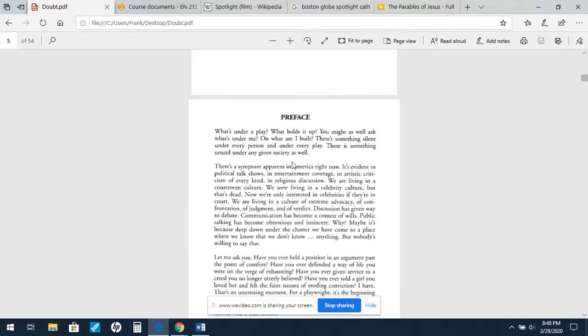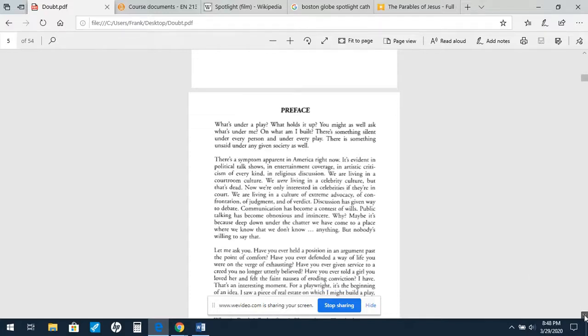Shanley begins by asking the questions: what's under a play? What holds it up? So in other words, he's sort of investigating the idea of how does a playwright, how does someone like Shanley himself, where does he get the idea for a play? How does he structure it? What is the foundation for a play such as this? So clearly, as we would take his lead and assume that this play is about doubt in some way or other,